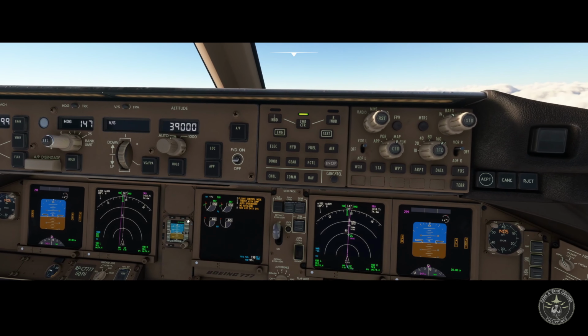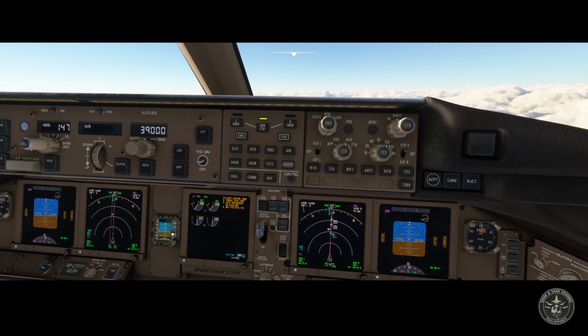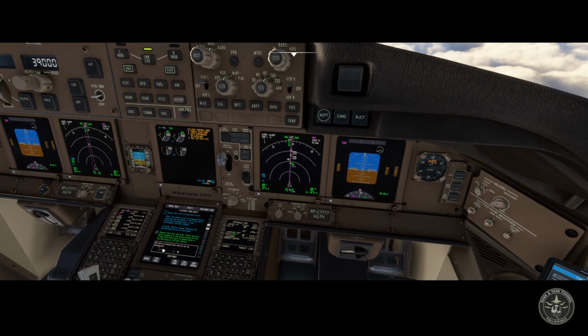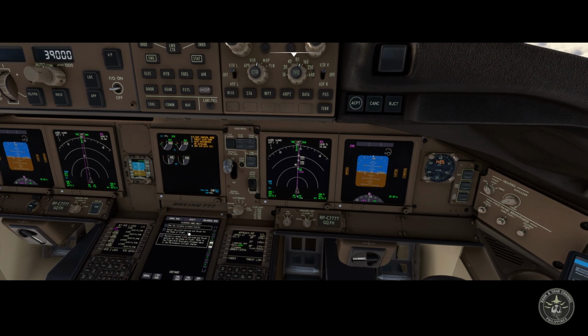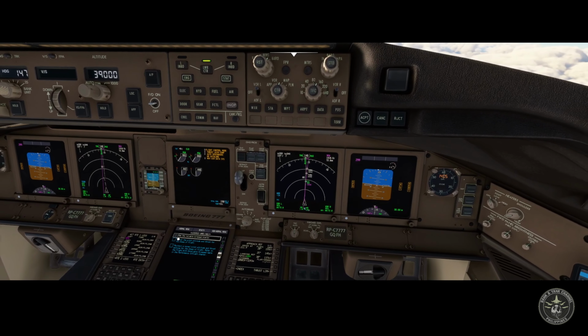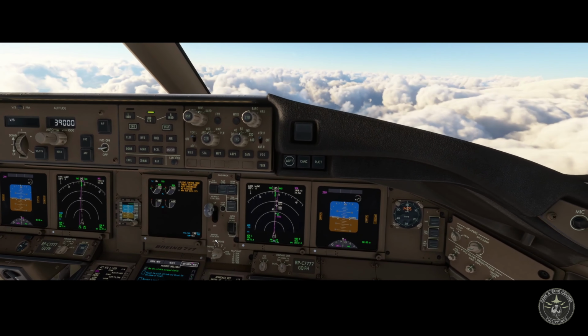The only remaining reliable one is the ISFD. This is an independent system, and we're at 15,000 feet. Okay, good. So I'm going to use the ISFD as the reliable airspeed display. Check. So the airspeed unreliable non-normal checklist is complete.